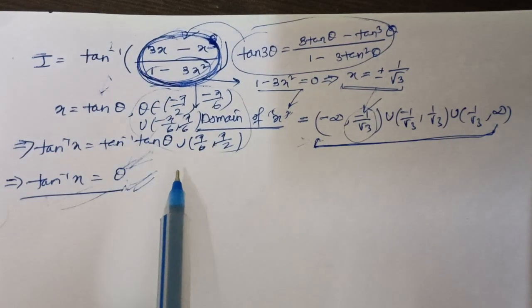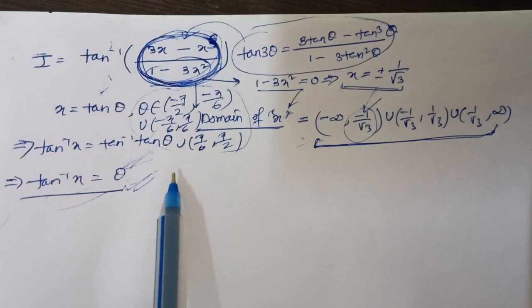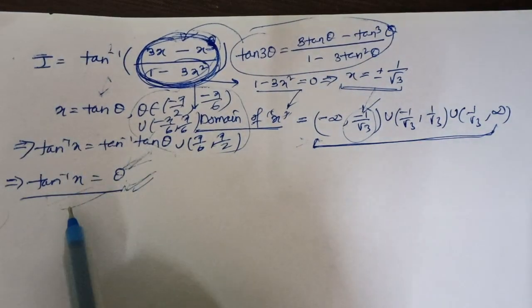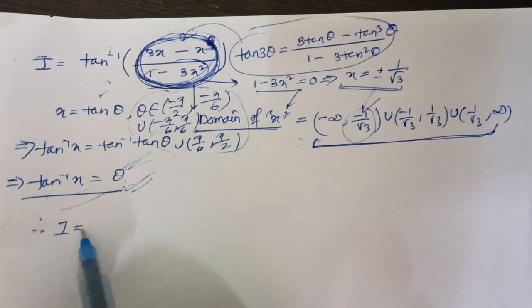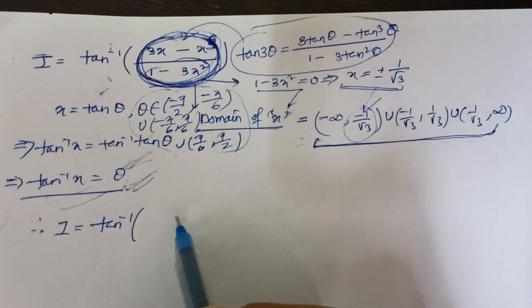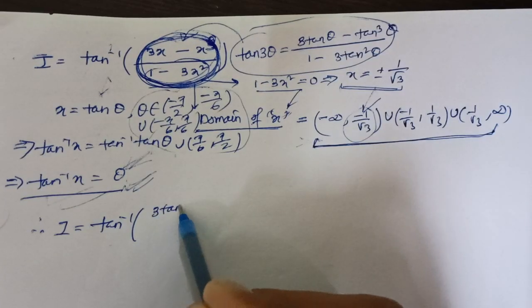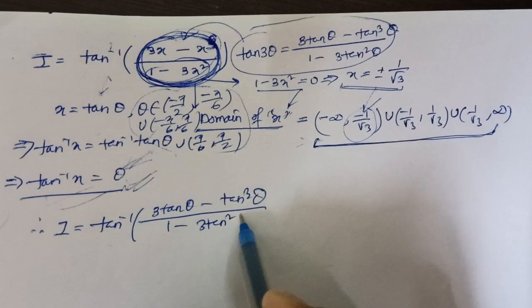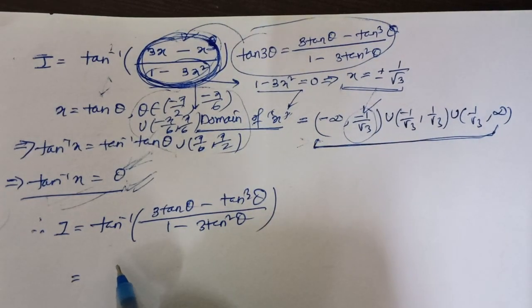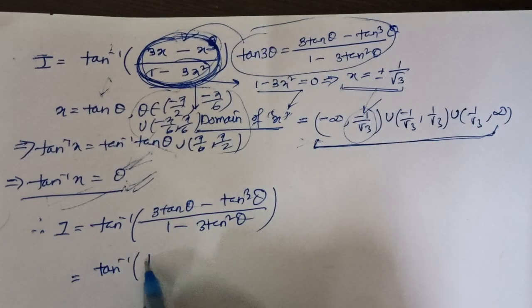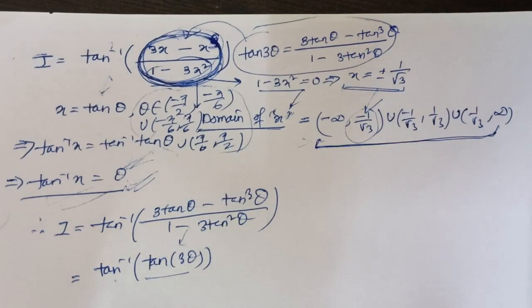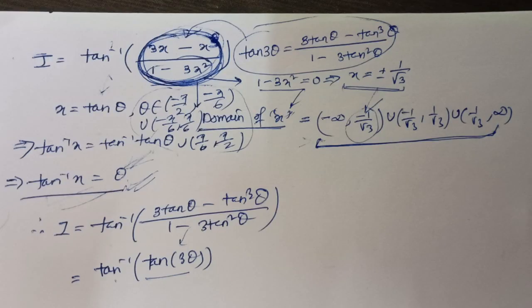If the principal domain works out here, then the subset of that will also work out. Now therefore after this substitution, the I becomes tan inverse of 3 tan theta minus tan cube theta divided by 1 minus 3 tan square theta, and that's the actual reason why we even substituted tan theta here, because this thing cleanly becomes tan 3 theta. This thing is equal to tan 3 theta, and this is valid, right? Okay,